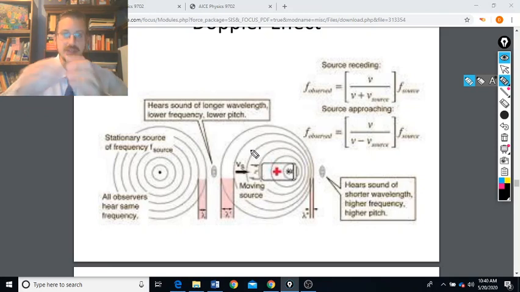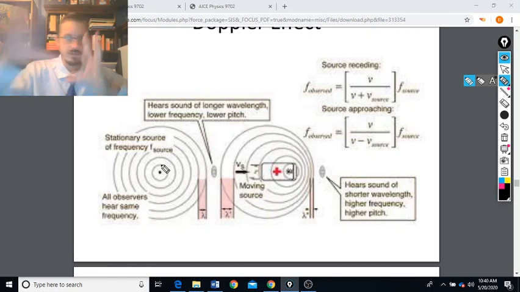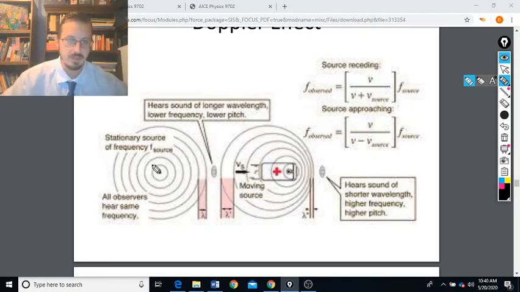Each circle represents the sound waves that have been put out by this ambulance here. If the ambulance is just stationary, then all observers all around it are going to hear an equal frequency because the waves are arriving to that observer in equal time. But if we look at this observer here,